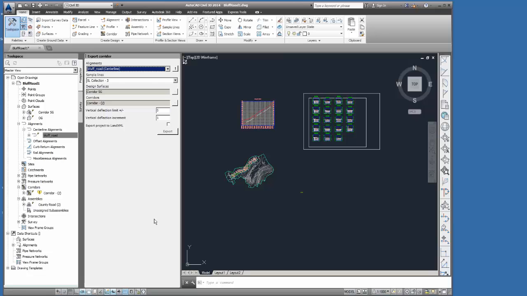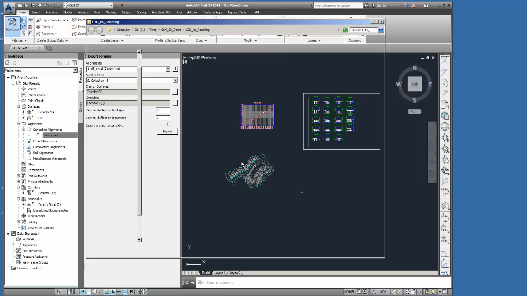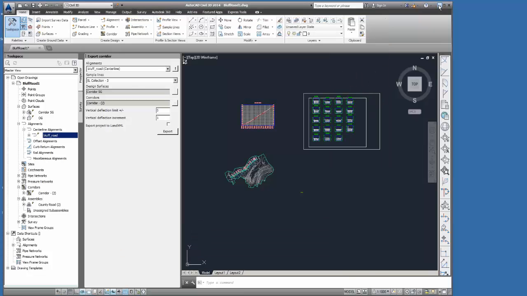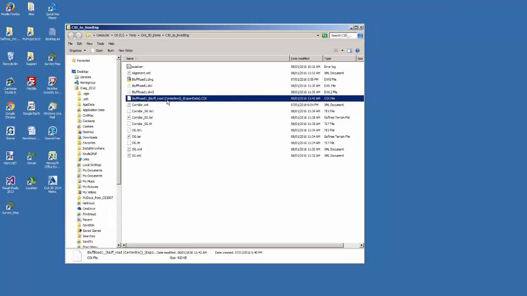It starts some calculations to capture the behavior of the Civil 3D assembly or assemblies along that corridor. It's finished, and it's produced what's called a CSX file. And that CSX file, we've published the format of it. That's the file that we are using to make cross-sections smarter. So let's go back